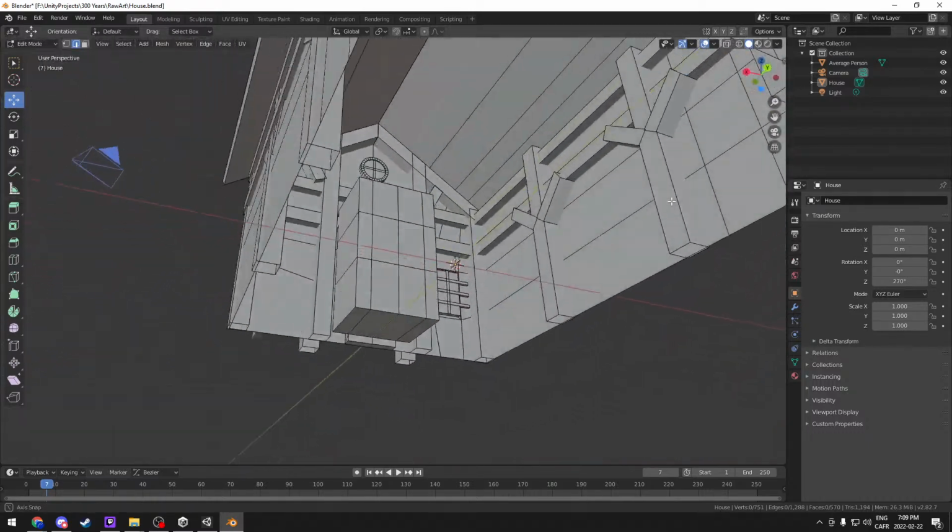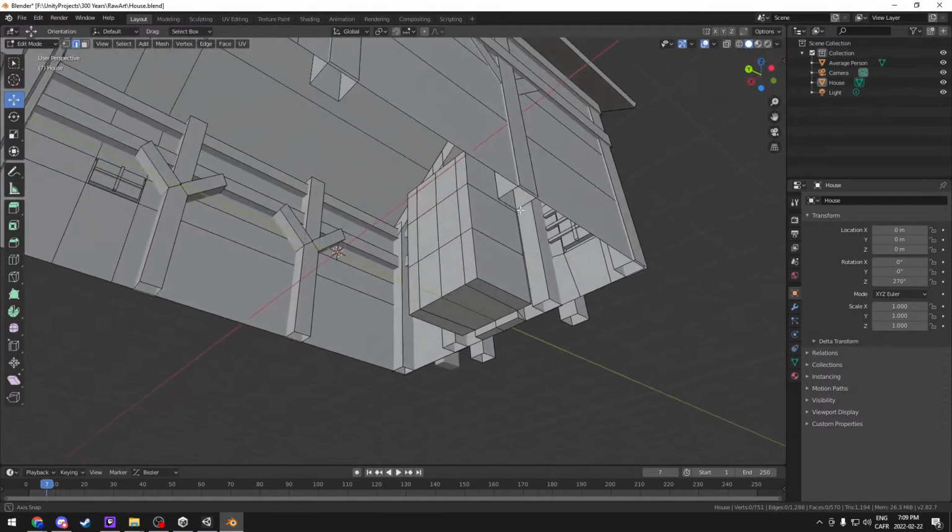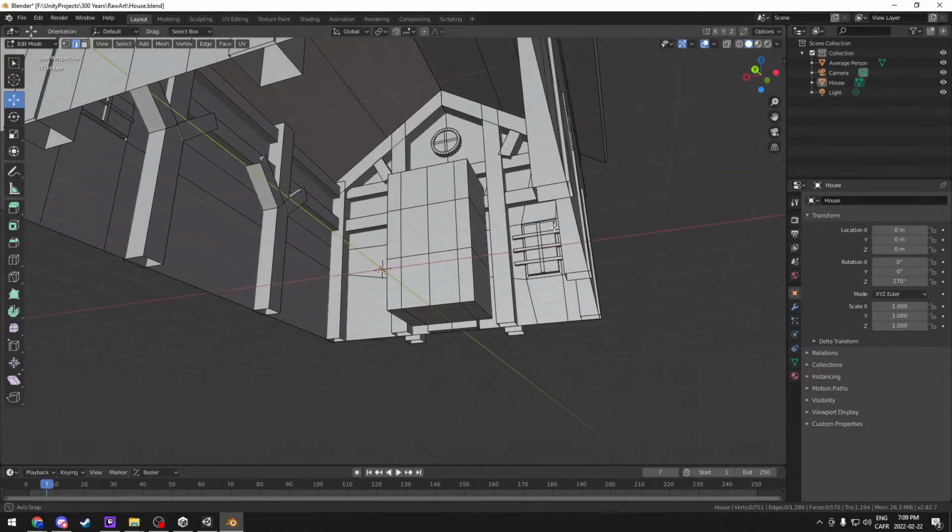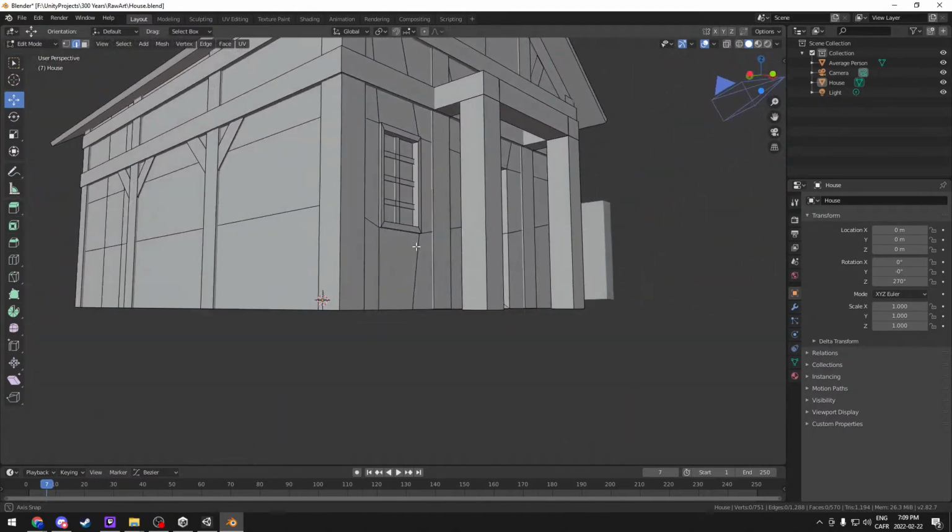Yeah. I don't have these as backface cull, but